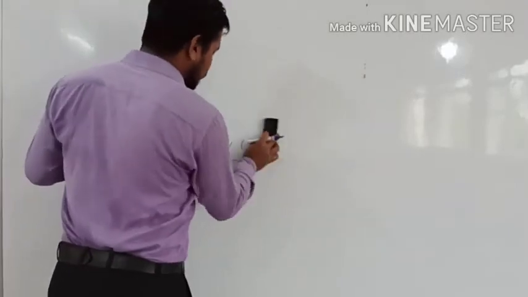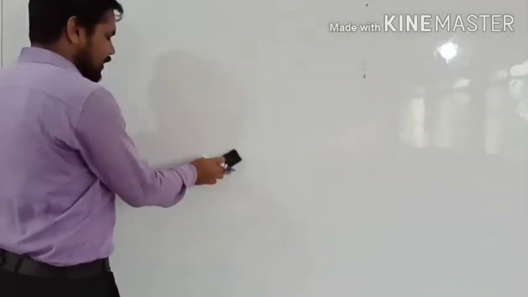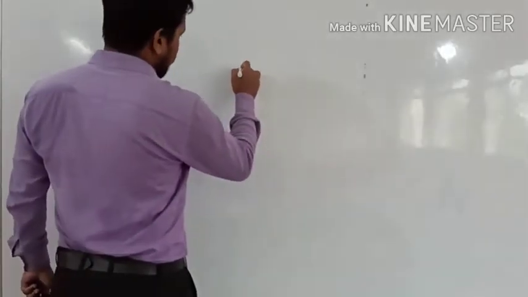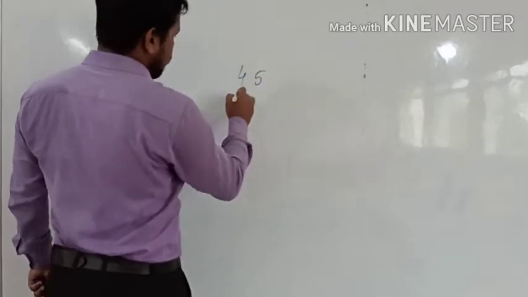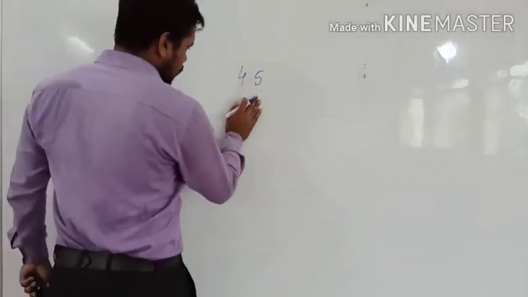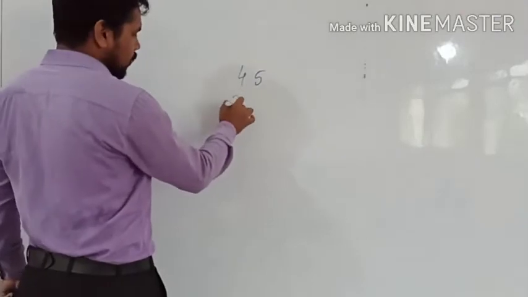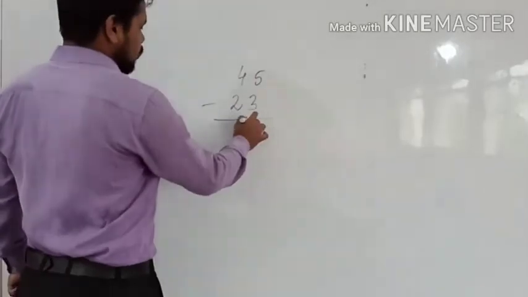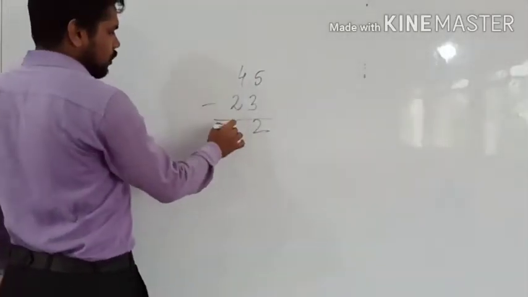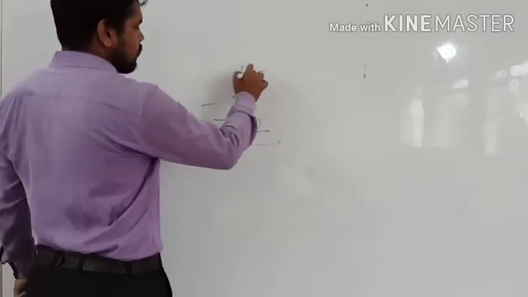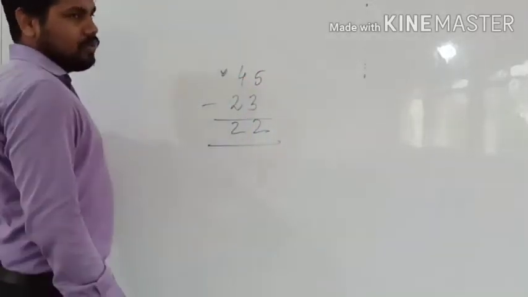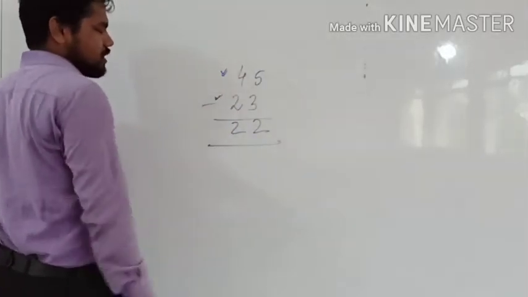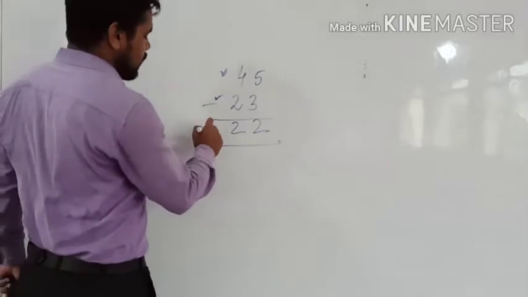Now in case of subtraction, we have three different kinds of term. Okay. So suppose you are subtracting some number from 45, and like 23 you are subtracting from 45. So here we are getting how much? 22. So here this is one term which is the greater number from which you are subtracting, and this is the smaller number which you are subtracting, and another term the result which you are getting.